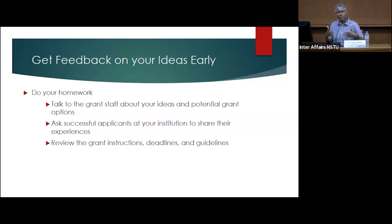They will not conduct the exact same study, but now they have an opportunity to learn: How do I set up the application? How do I describe certain things? What is an example of a successful application? And this is one of the ways in which the Office of Research Facilitation can help many researchers by collecting